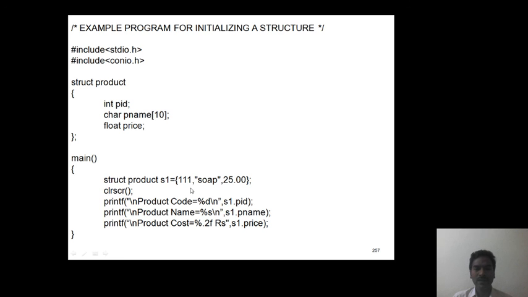Students, remember, while initializing these values, they must follow the same order in which the members are placed inside the declaration. Here the first member is an integer value, hence we initialize with an integer value. The second member is a string, and the third member is a float. So we must follow this order.